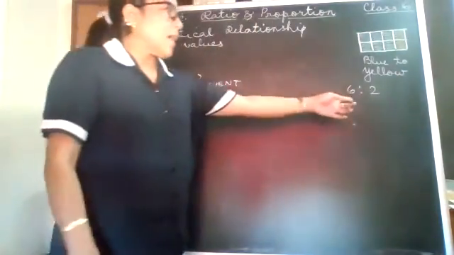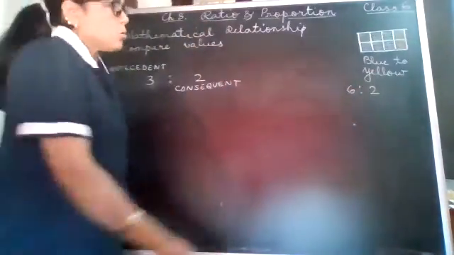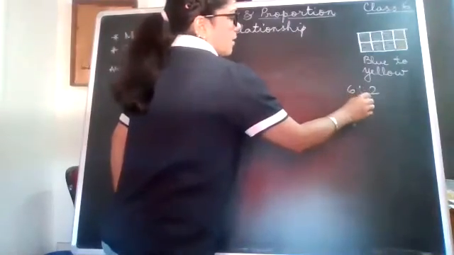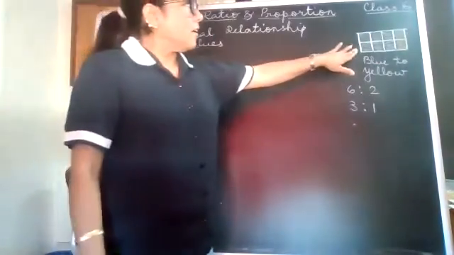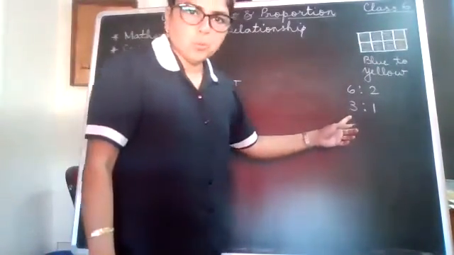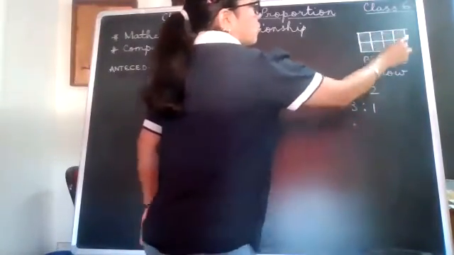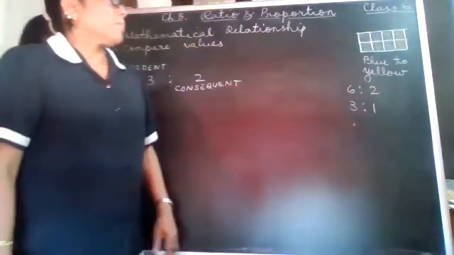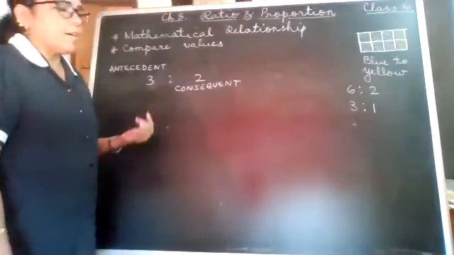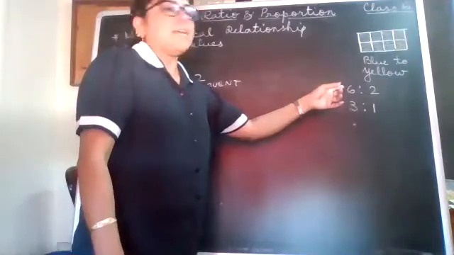Okay. Now this one I can reduce it because I know that both the numbers are divisible by 2. So 2 divides 6 3 times and 2 divides 2 once. Okay. So if you look at this figure, for every 3 blues, there is 1 yellow. That is what this ratio is saying. And here for every 6 blues, there is 2 yellows. Okay. So that is the way it will be written. So here did you see that where I told about reducing the ratio? So here it is reduced. Here it is multiplied and you got that thing.